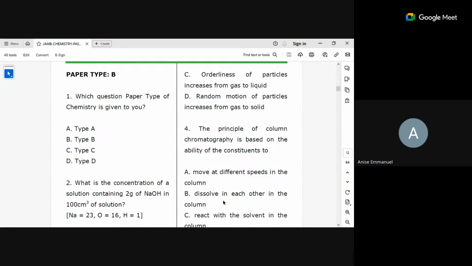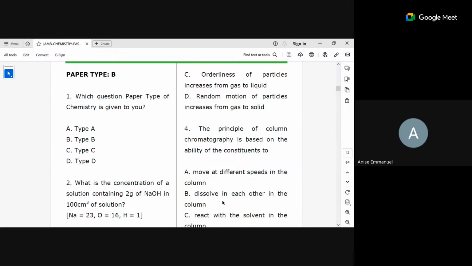So I'll try to come up with 15 success tips that will help us get a good grade and good marks in chemistry. Once you're able to get your marks in chemistry, which happens to be one of the most challenging subjects in UTME or in all science courses, you discover that you are on top. That is it. So today, what are the hints you need to take note of?